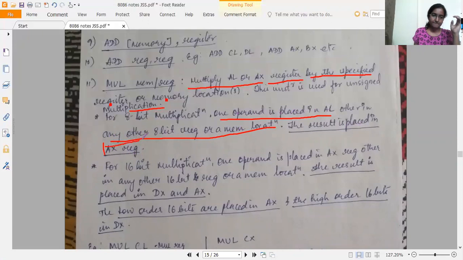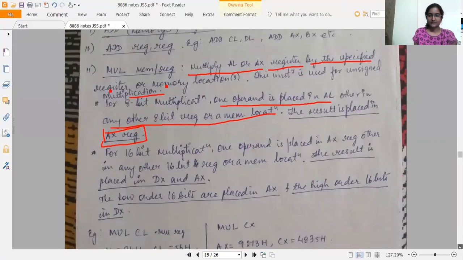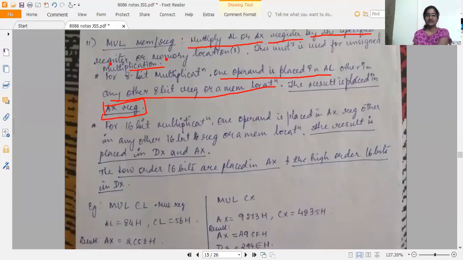For 16-bit multiplication, one operand is placed in the AX register, and the other operand is placed in a 16-bit register or a memory location. The result is placed in the DX and AX registers.